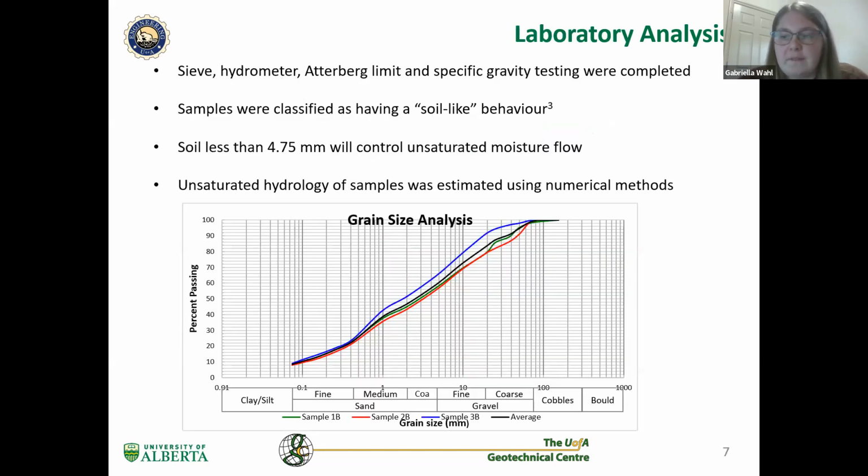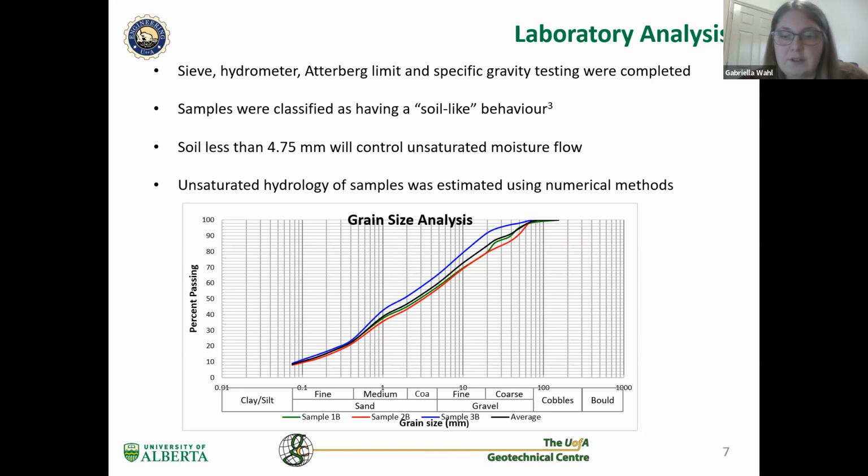And so once I completed the field investigations, I moved on to complete sieve, hydrometer, Atterberg limits, and specific gravity testing. Parameters derived from the grain size distribution seen in the figure here classify the surface samples as poorly graded sands with silt and gravel. Based on the amount of material passing the 4.75 millimeter mark, this material was predicted to behave as a soil-like material. This is important because it indicates that the matrix materials will govern the flow of water in unsaturated